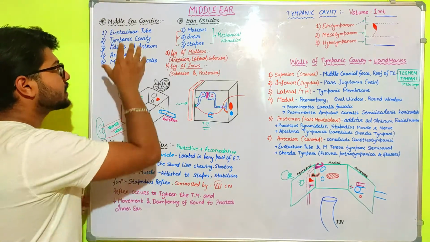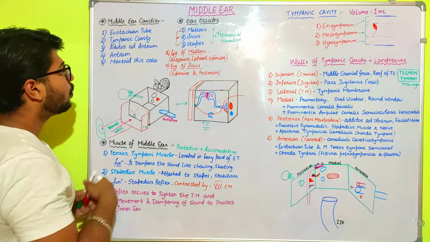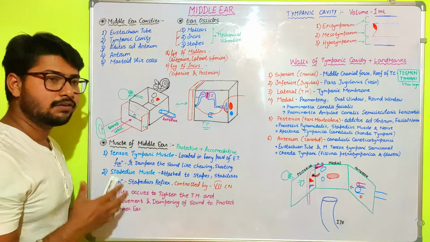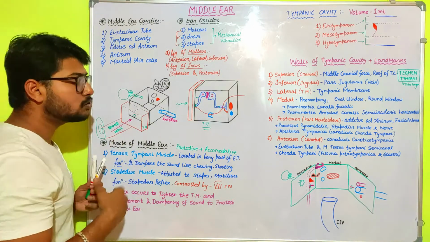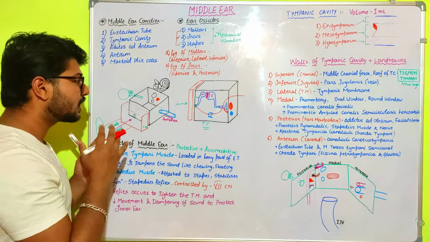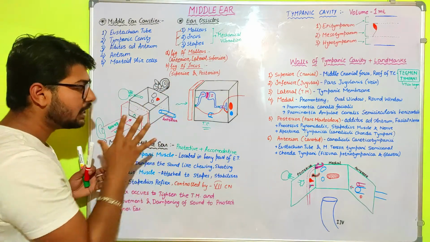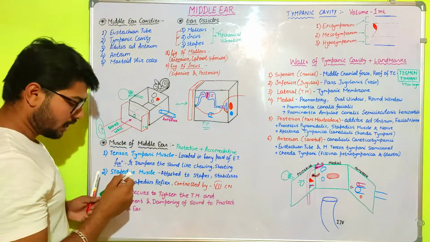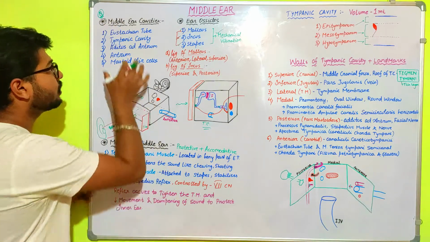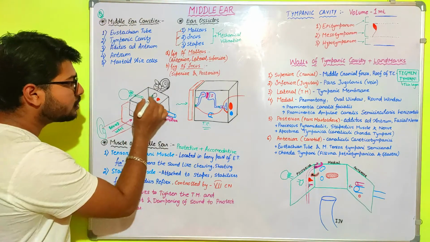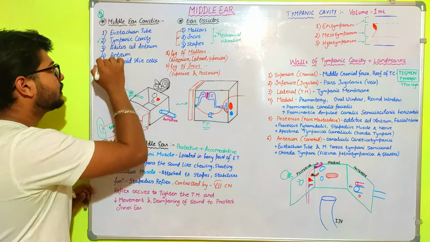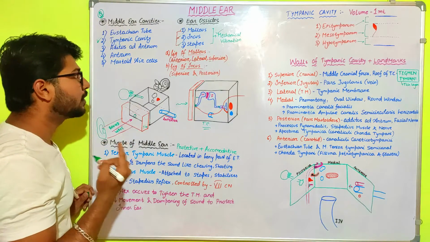First of all, we are going to discuss the middle ear cavities. As the whole middle ear is filled with air, these cavities also help in the process of pneumatization, and these air-filled cavities are present surrounding the middle ear. So what are these cavities? The first important question the teacher asks is: what are the middle ear cavities? As we know, the middle ear contents are present in the tympanic cavity, so the tympanic cavity will first come to your mind.